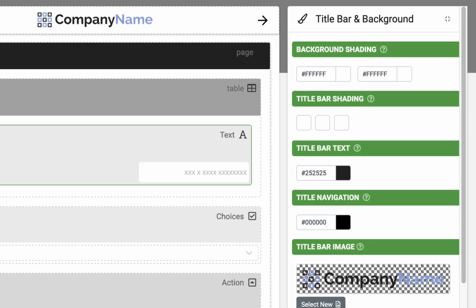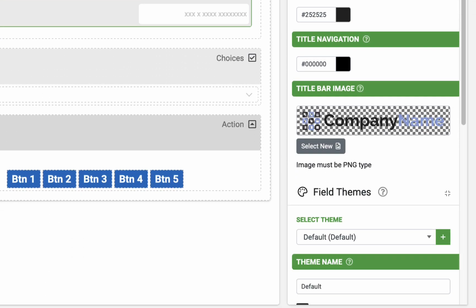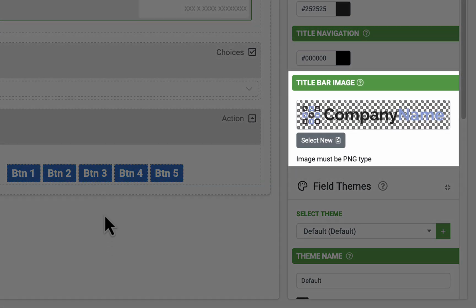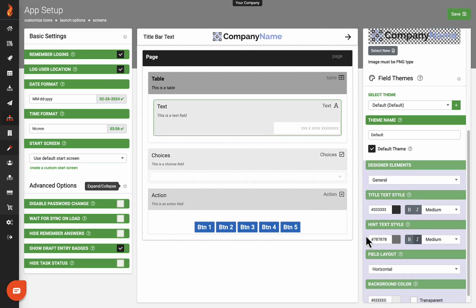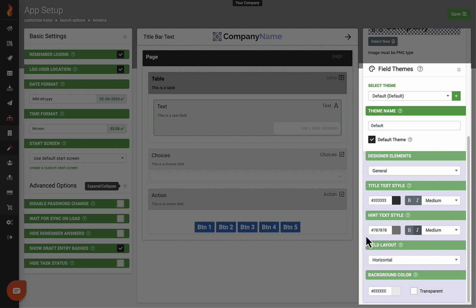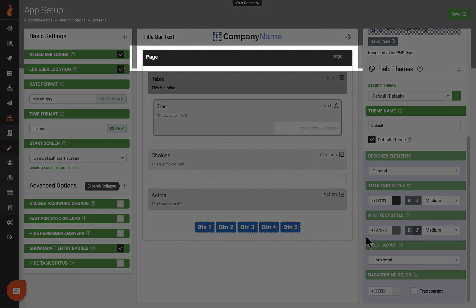The title bar and background section provides options to customize the title bar within the app. Your logo can be applied here as well. Field themes provide the opportunity to set custom color and formatting defaults to apply to fields in the designer. Themes can be applied generally to pages,